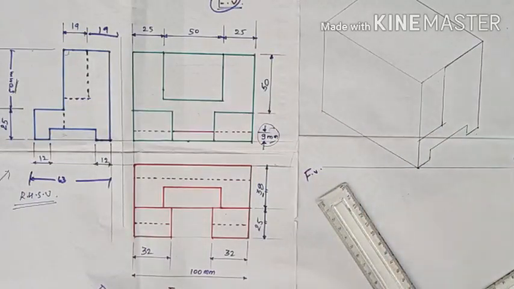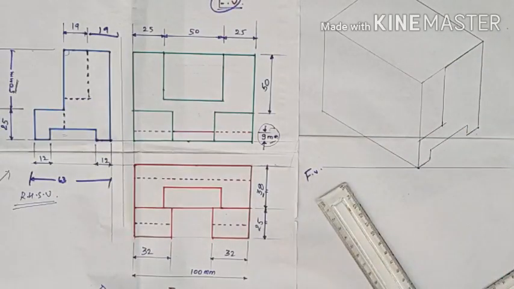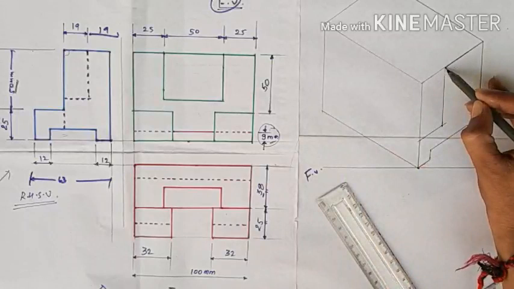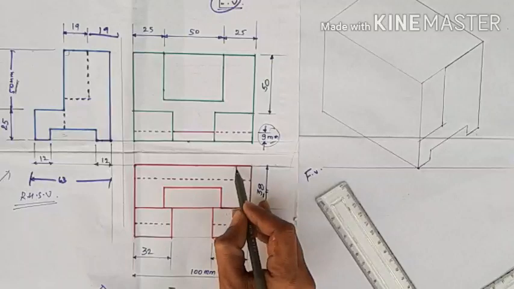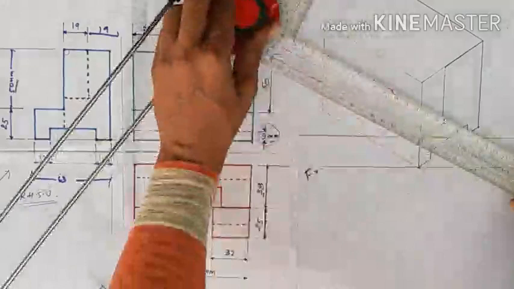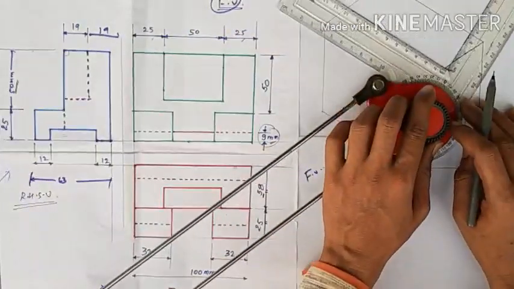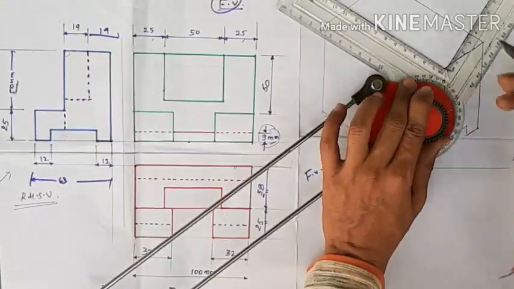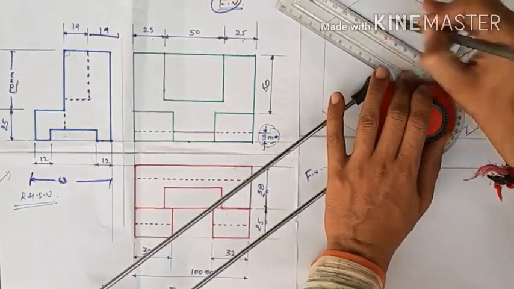Now we talk about the front view. So one second, we start with the top view, because what appears from the top is like this. So this is 38. Now this is again 38, and now what is this? This is parallel to length, and what is its distance? So this is 25 mm from both ends. So putting the MD parallel to it like this, and from here make a 25 mm line from both ends like this.